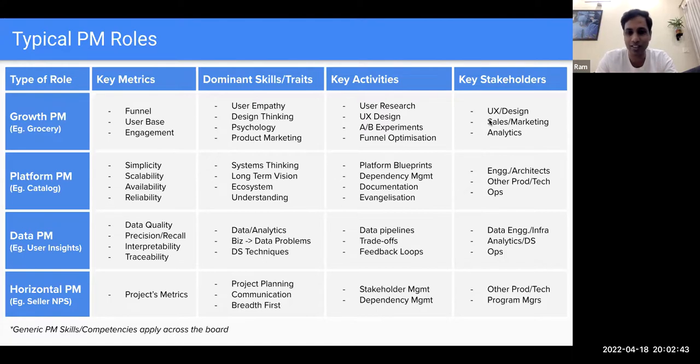I'll just pause here. I think there's a lot of data on this slide, so I'll let you consume it quickly before I move on. So broadly, the takeaway is that although the general PM skill sets apply across the board, depending on the role that you are in, you prioritize and you need certain skill sets to be more important versus some